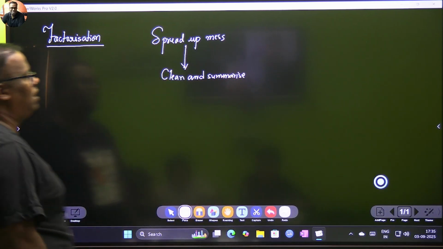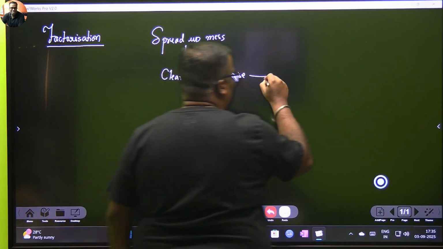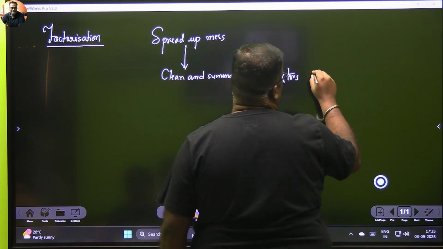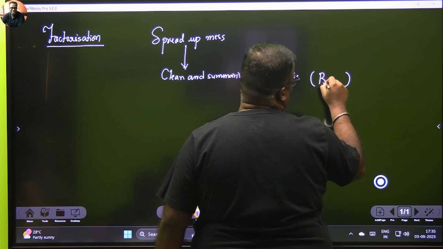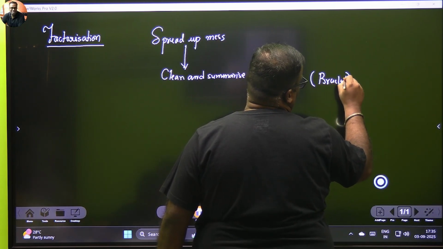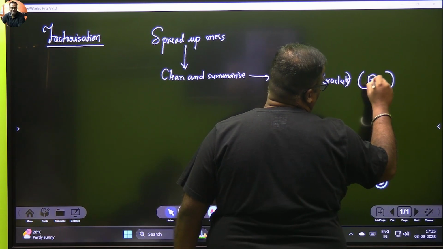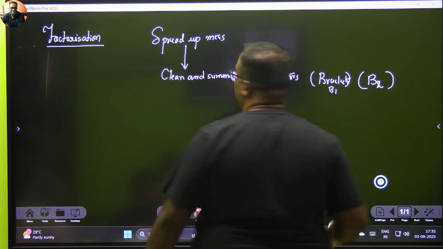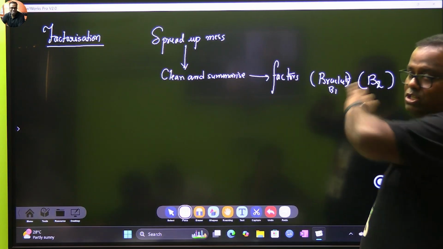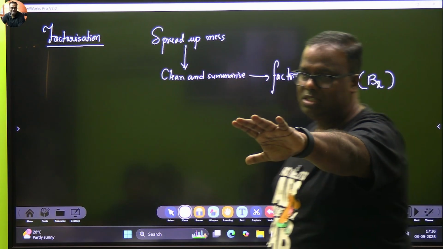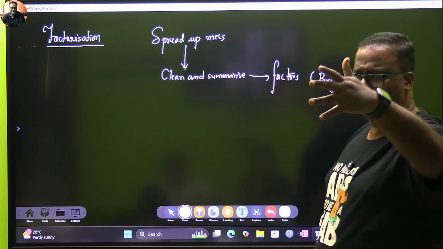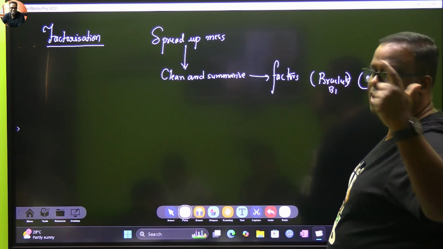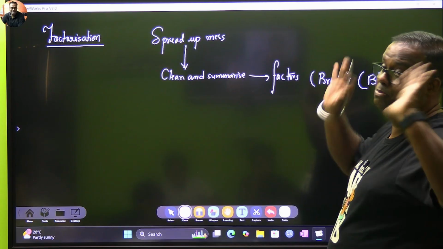And when you summarize, basically, you have to make what are known as factors. If you don't understand what factors are, just imagine that you have to write everything in brackets, brackets multiplied by brackets, like a bracket B1 multiplied by B2, B3, and so on. It should be brackets into brackets. So you will get a very spread-out thing. Spread-out thing means it will be like terms. In algebra, you know terms. Terms always have operators between them, like plus, minus. So end of the day, those plus and minus are not allowed.